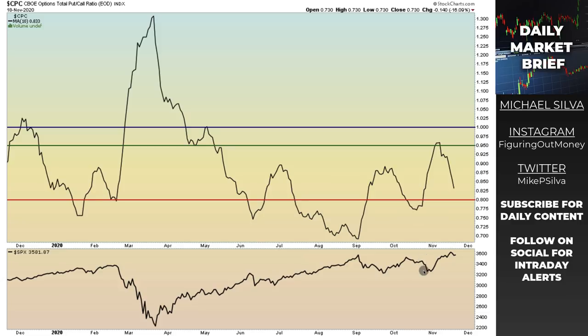When it crossed above, we went down, right? When it crossed above right here, we went down. When it crossed above right here, we went down. Doesn't look like much, but we did. When we crossed below and above really quickly, we went down. When we crossed above right here, we went down to sideways, okay? It's been actually very accurate for us, and I'm going to be keeping a close eye on this because we